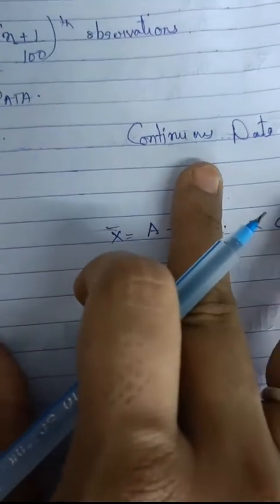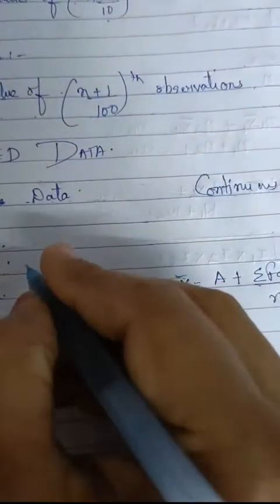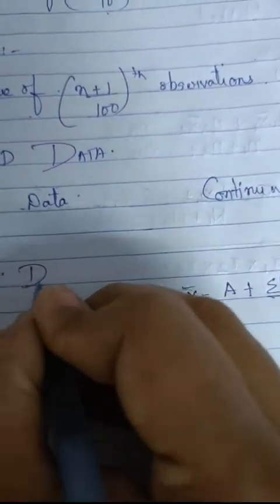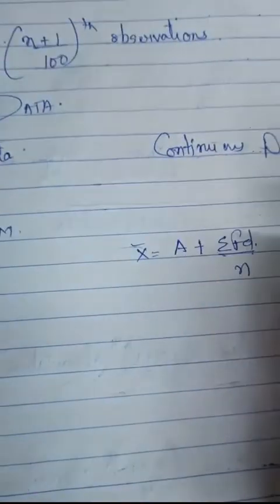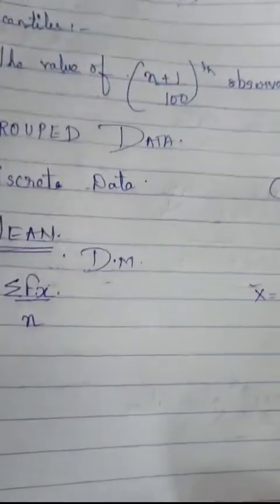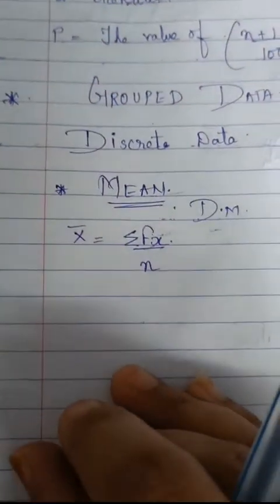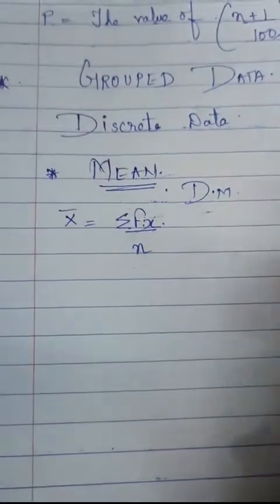Discrete, continuous, in that also you have to remember two methods. One is the direct method and the other, fd, is the shortcut method. Remember that. Okay, clear this thing. Then coming to the next part,